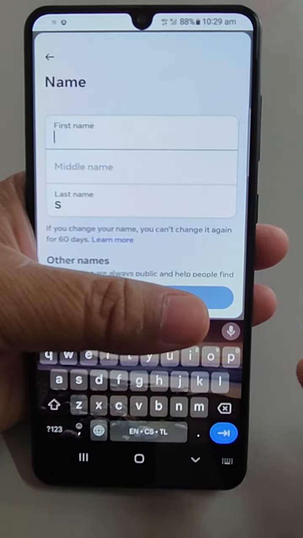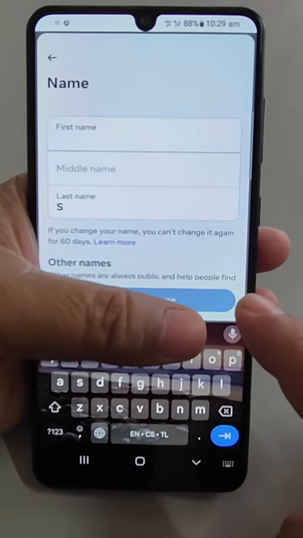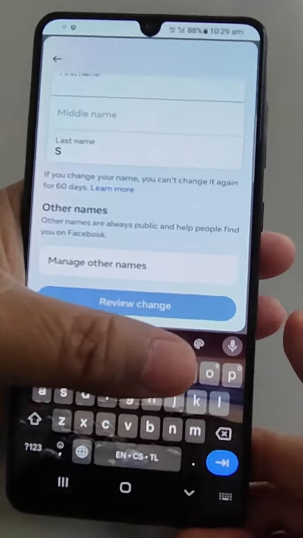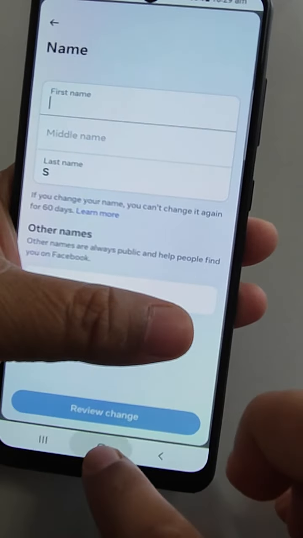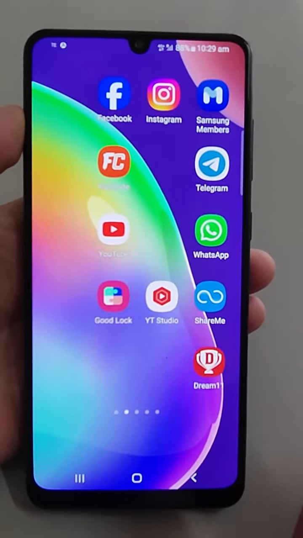And after that, go below and review changes. Then review changes, just touch it here. So this is all what I wanted to tell you, how to change your